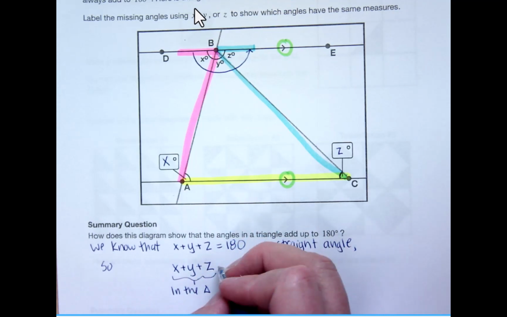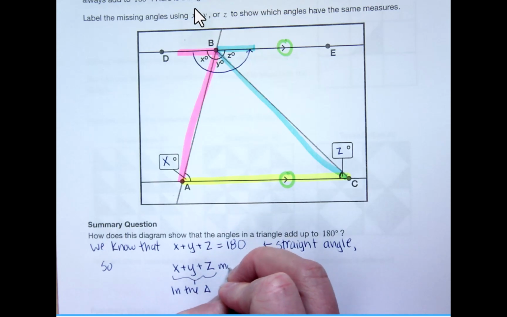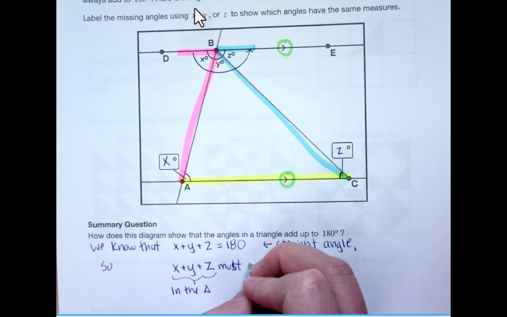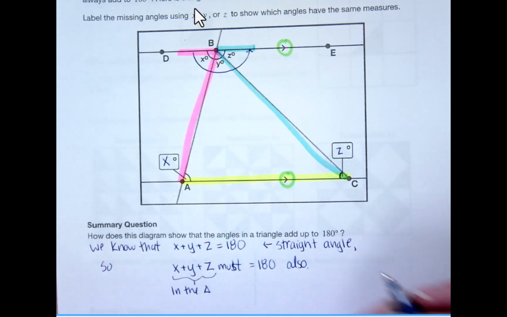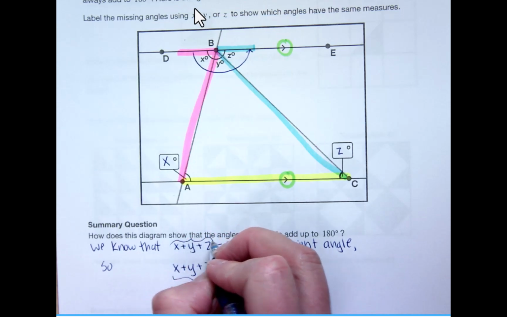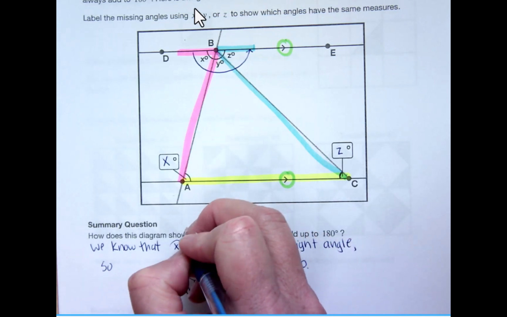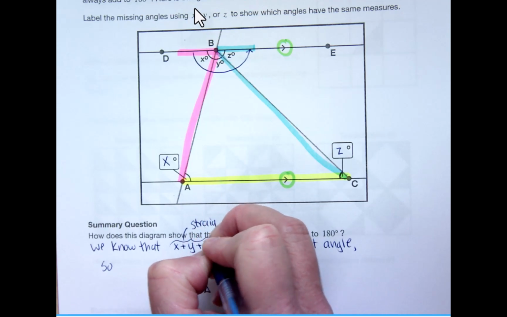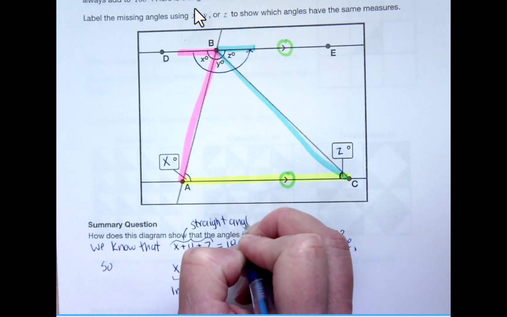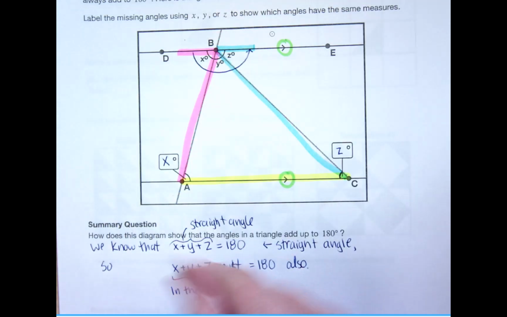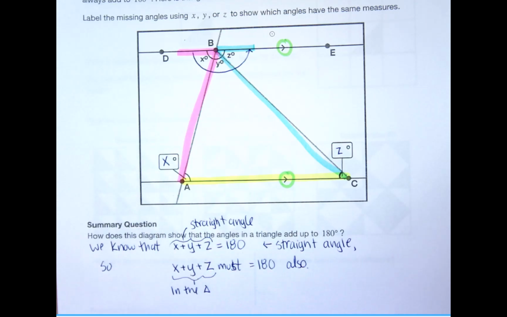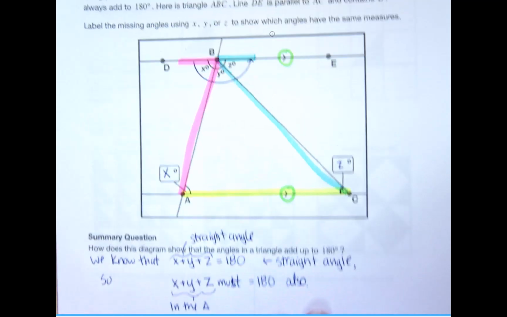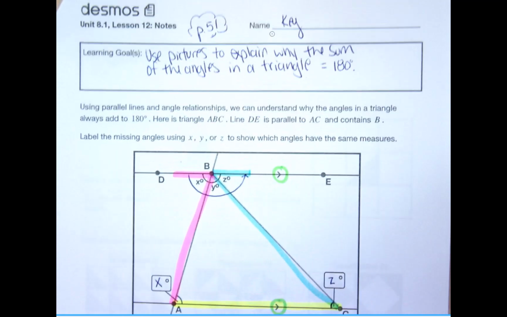So x plus y plus z in the triangle must equal 180 also. So this x plus y plus z was from the straight angle. So that's just one more proof of the fact that in a triangle, the three angles add together to be 180 degrees. So I just wanted to hit that little fact again with triangles,